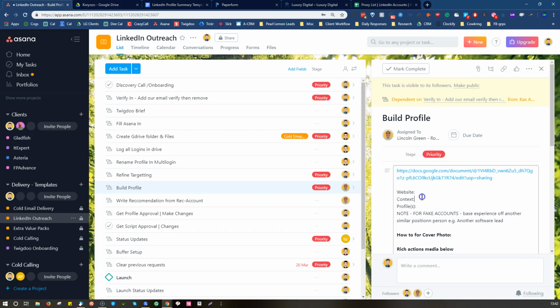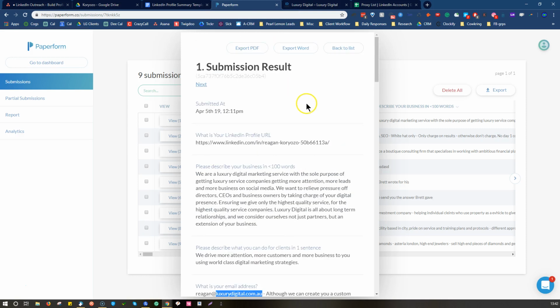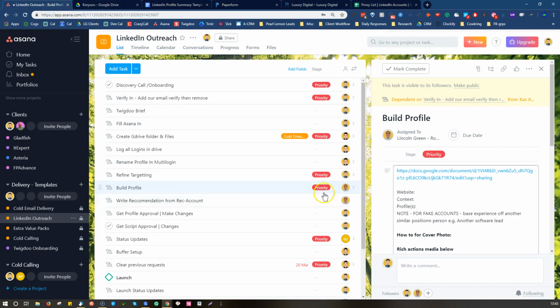And then for context, I recommend you export this as a PDF or a Word, and then once you've exported it, you then download it and then you just drag it into here and you'll add the file here, and then you put attached paper form file. Okay, and then once you've done that,